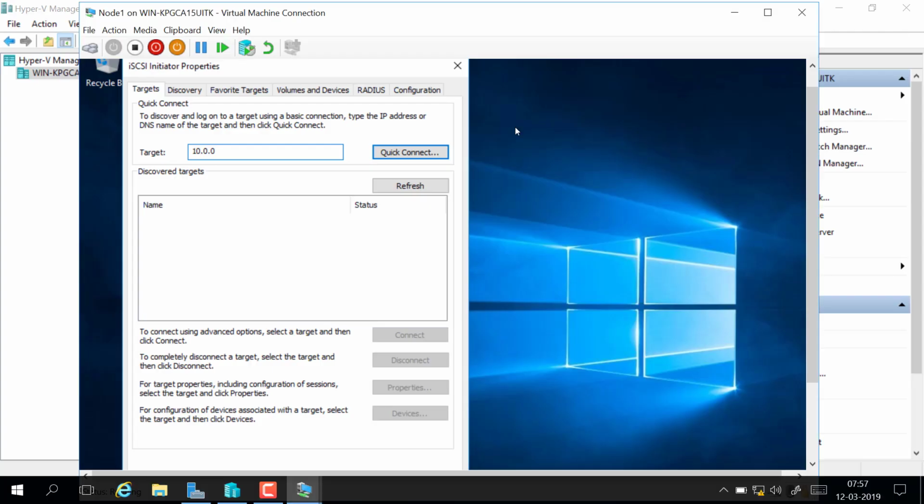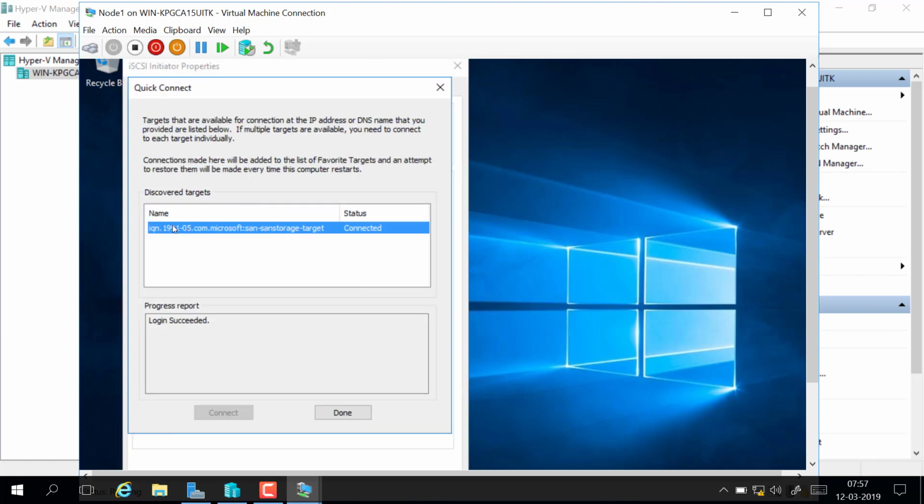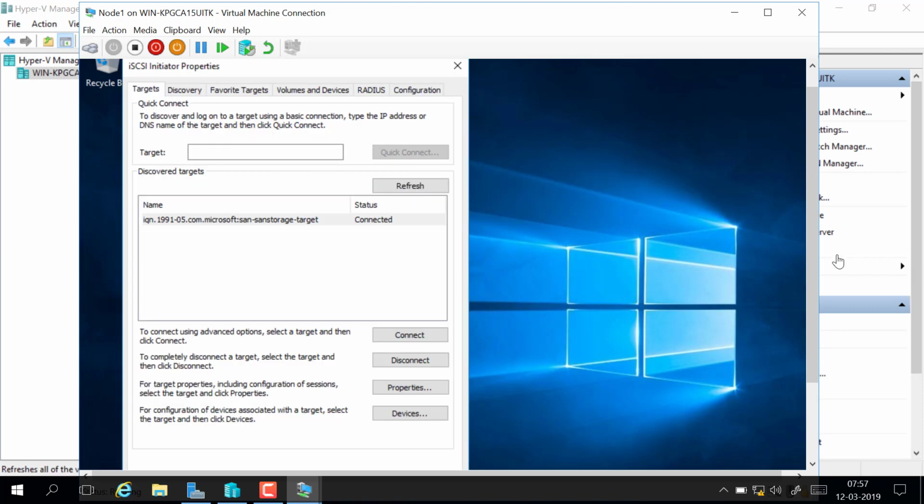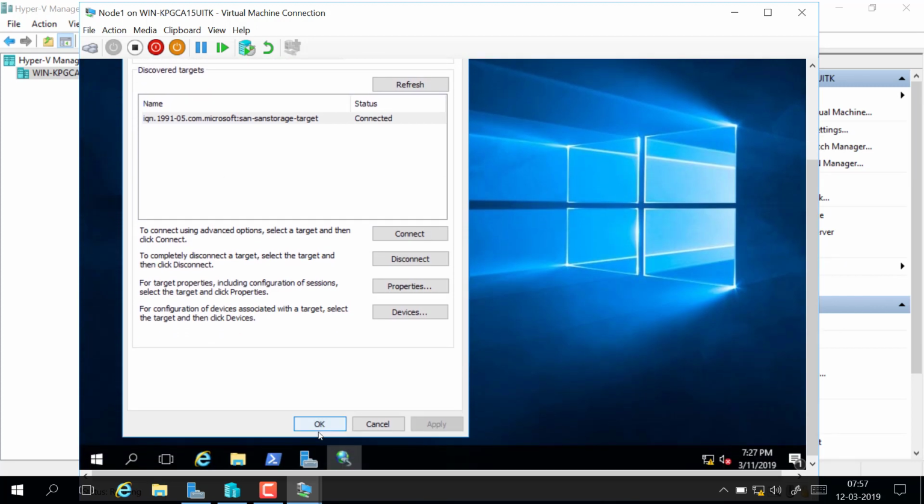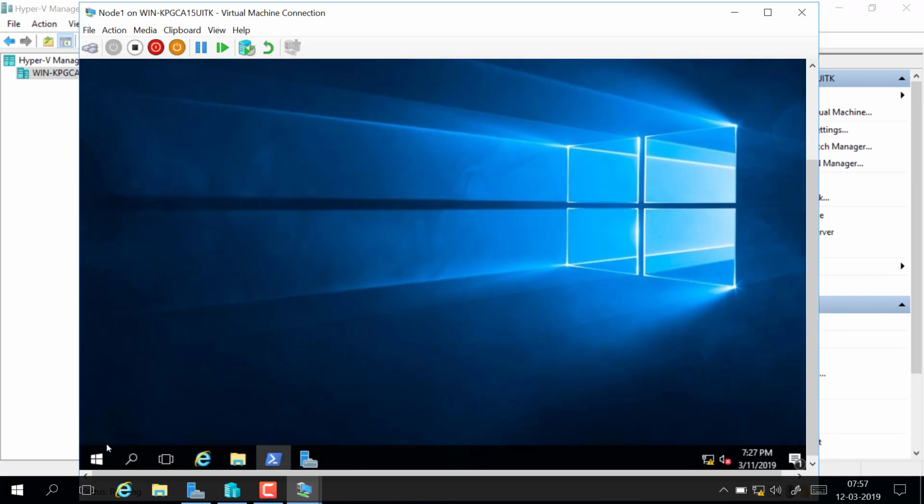So let me give that IP address here, and I will click on Quick Connect, and there it shows me that it's detected my SAN storage and it's got connected to it. Click on Done, and once again I click on OK,